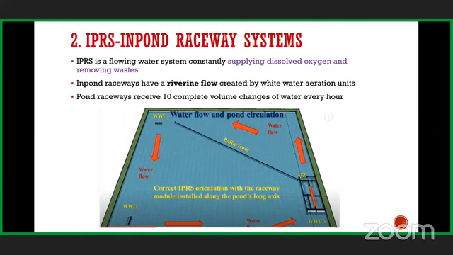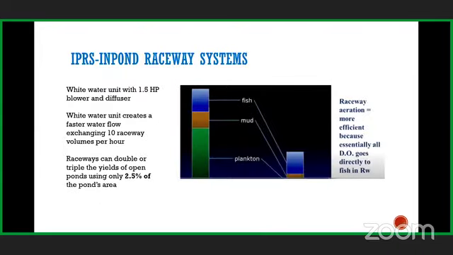Indian system. The second system I have brought is the in-pond raceway system. The name itself indicates that we are putting a raceway kind of system. Here you can see raceways at the right corner, in our pond. By this system we can generate higher dissolved oxygen. As a raceway is a running water system, it will create an additional source of dissolved oxygen in the system. There are several advantages of this system, like giving 3 times more yield than our regular pond